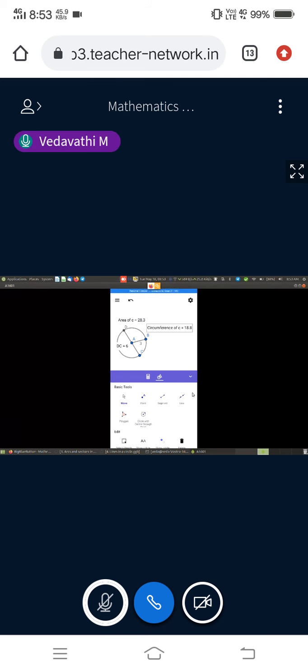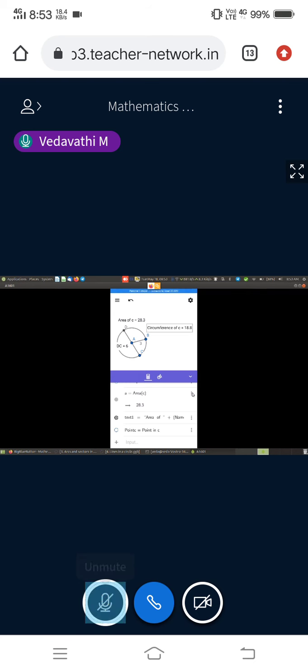So what is a chord? Okay, we'll come to chord, tangent, and secant later on. So I'll give a quick 5-minute break now. Just open your GeoGebra app. Don't use the tools that are present here. Try to use the algebraic or input bar to construct two circles. One is using a given radius, and the other is by making 2 points and creating a circle through those points. And measure it, find the area and the circumference.